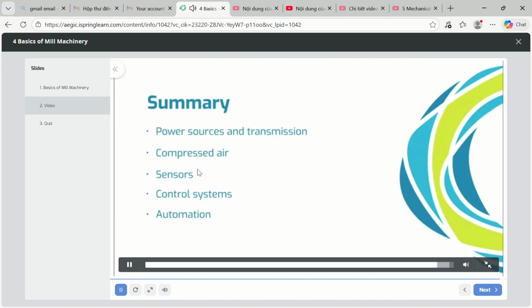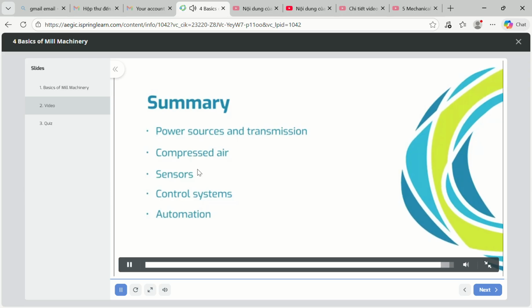This chapter has covered the basics of mill machinery, including power sources, compressed air, sensors, control systems, and automation. The quiz that follows